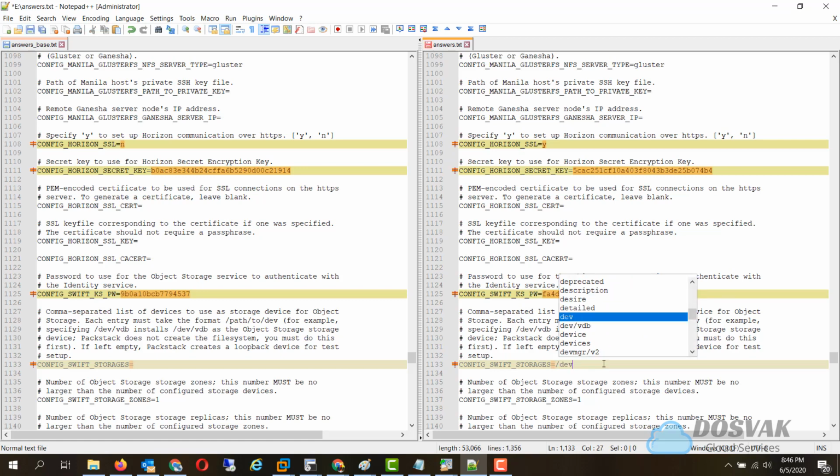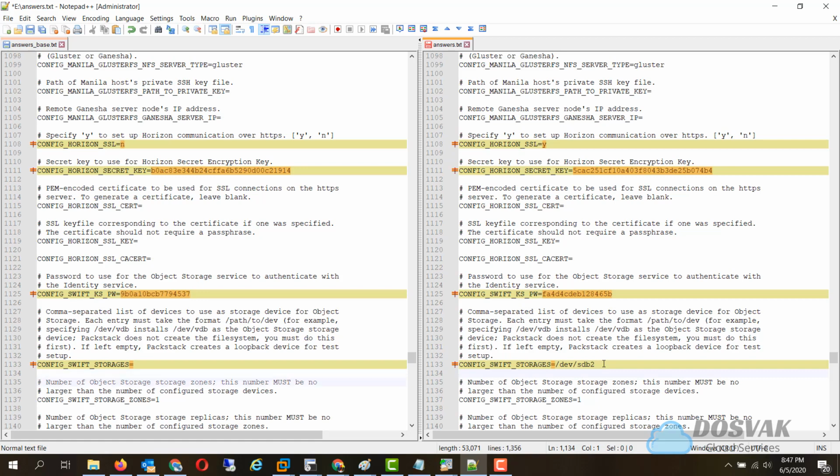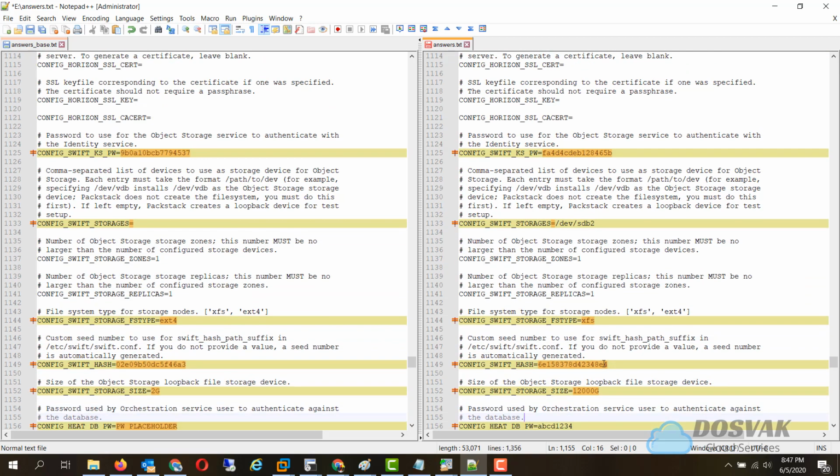The object storage was SDB2, dev slash SDB2. That partition needs to be specified here to create the object storage configuration. The Swift storage file system type was XFS, which we created. So we'll specify XFS here.